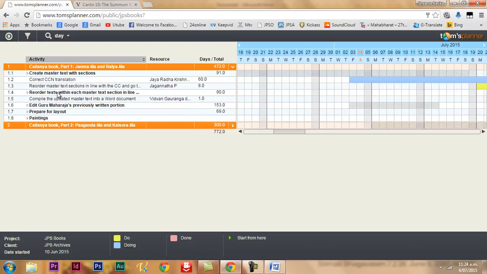Some of the existing translations are not 100% correct, so we're getting them corrected. Then the next step is to reorder these pastimes in line with the Chaitanya Charitamrita. This is something Guru Maharaj has insisted greatly.